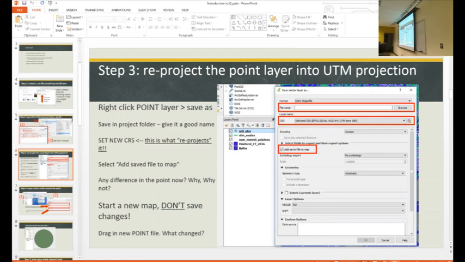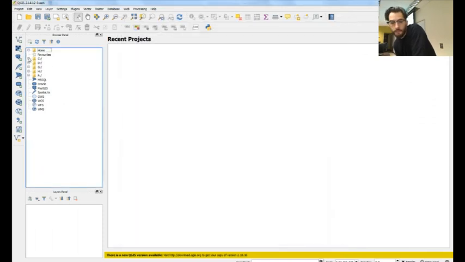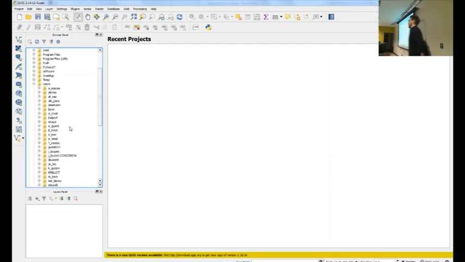And now you can go in your browser panel and find that file that we just made. Or if it's on your desktop, you can drag that shapefile from your desktop and drop it into the middle of the map. Sorry, I didn't make a slide for this one, but here in the browser panel, the .shp